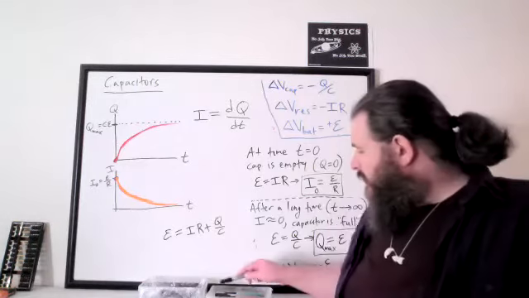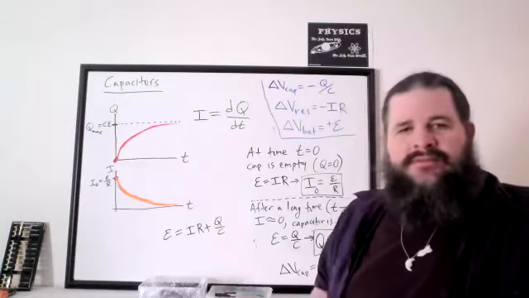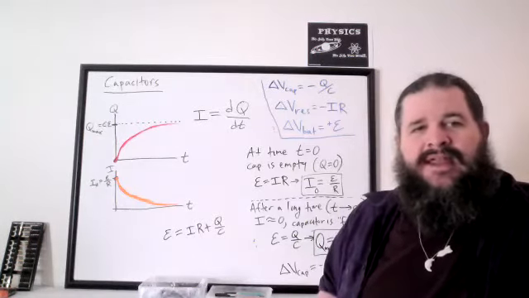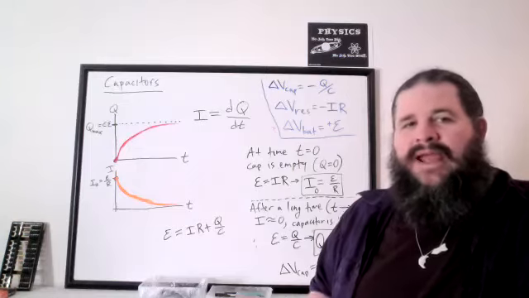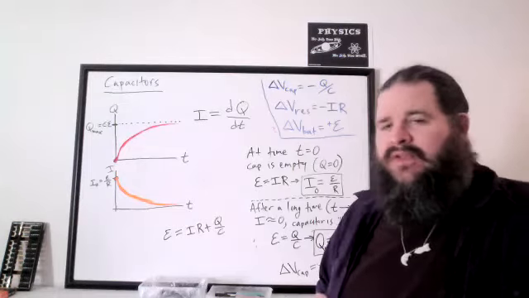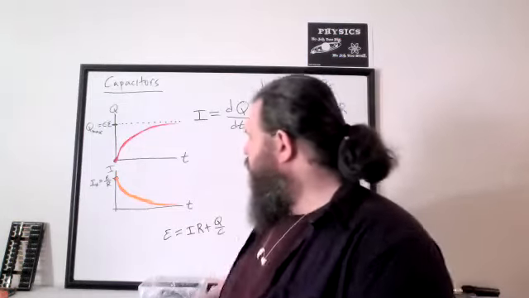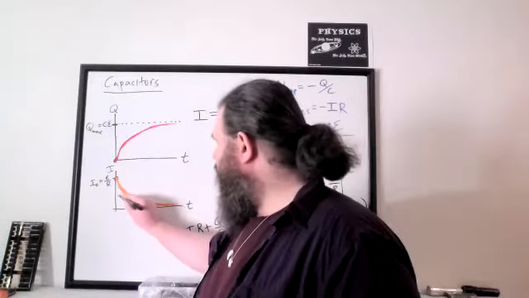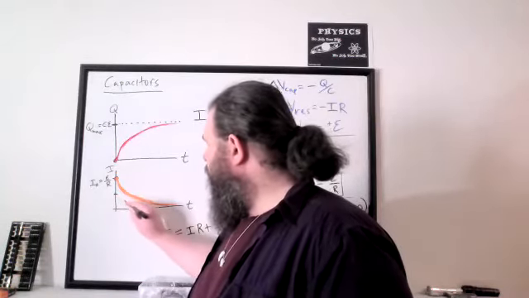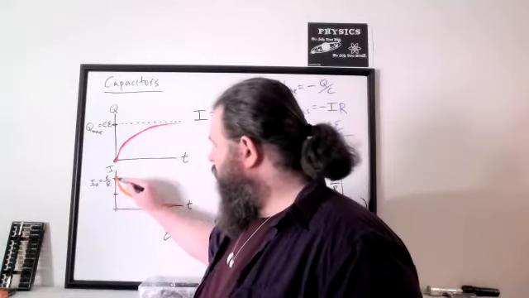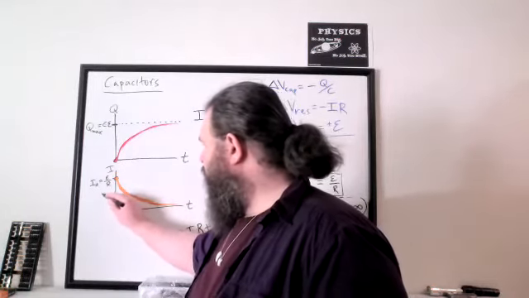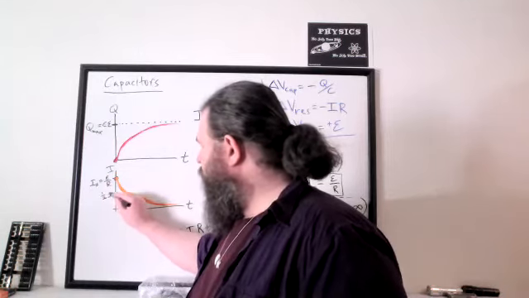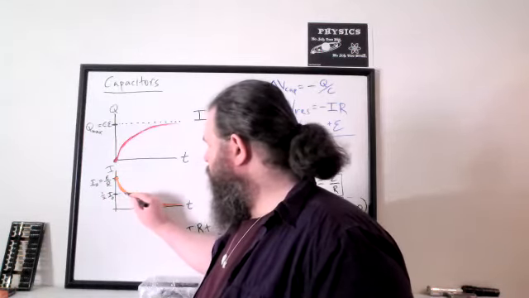And then if we wanted to take a look at the idea of half-life, half-life is just the amount of time it takes to decay halfway towards the asymptote. Not necessarily to half of what there was, but halfway towards the asymptote. So for instance, for current, the half-life is the amount of time it takes to decay to halfway from the original towards 0. So half of the original amount, half of I naught,